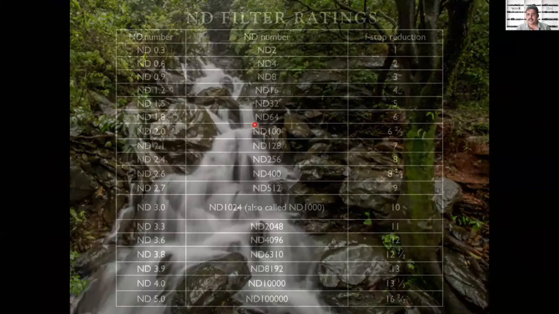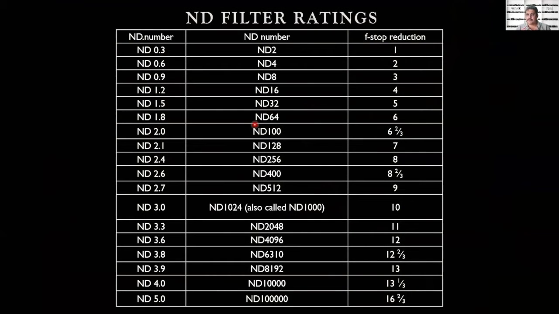Now, these ND filters come with different strengths, and there's a very confusing terminology they use. So I tried to simplify it. One f-stop reduction means cutting the light into half. Let's say you are at f8 and you want to go to f11. That is one stop. f11 to f16 is one stop, and f16 to f22 is one stop. Similarly, in shutter speeds, if you are at 1/125th of a second and go to 1/250th, you are cutting down one stop of light.